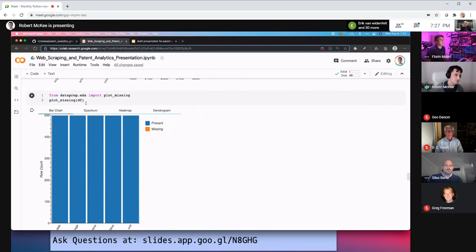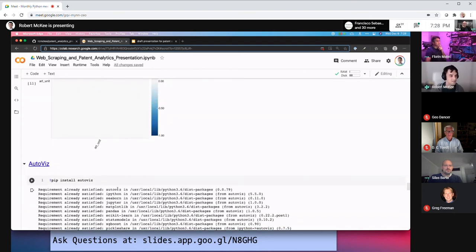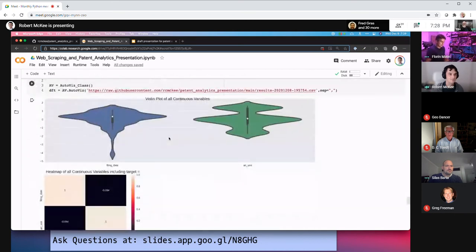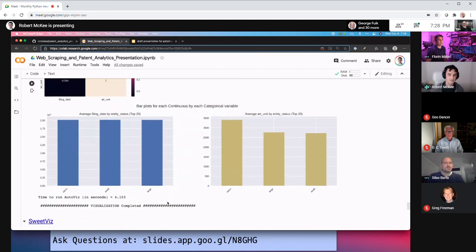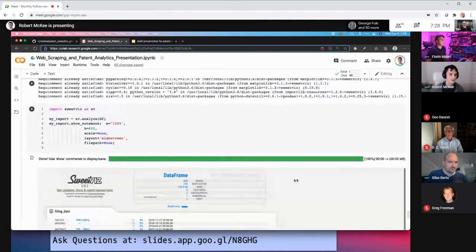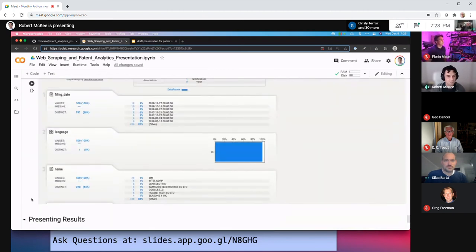And so, dataprep.eda is a good one, and you'll be able to go through all of this stuff too. But this is going to make your life easier for visualizing everything, because you need to make charts and see how these things relate to each other. These tools are a lot nicer, make your job easier, and are very important in the early stages of patent analytics.